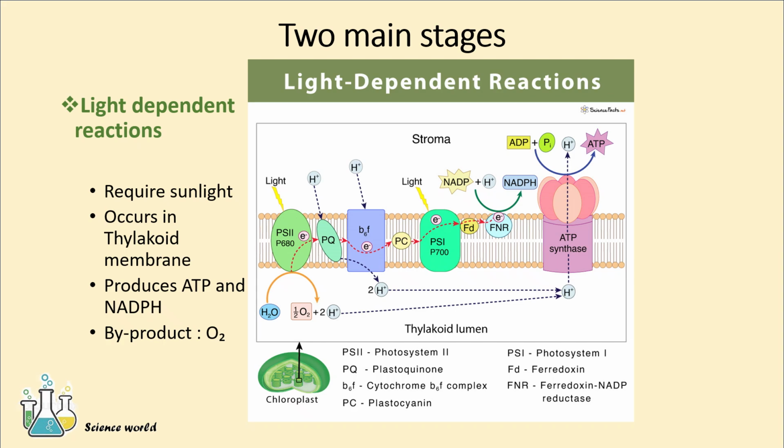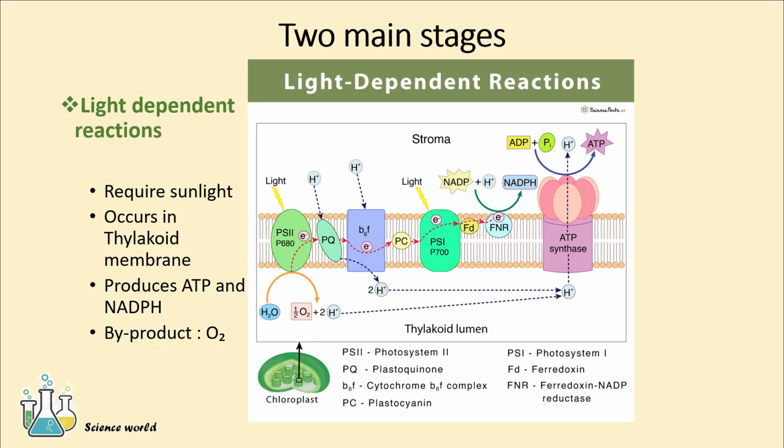This electron transferring process, or chain, is known as the electron transport chain. So because of electron transfer from photosystem 2 to ferredoxin NADP reductase, which is attached to the outside of the thylakoid membrane,